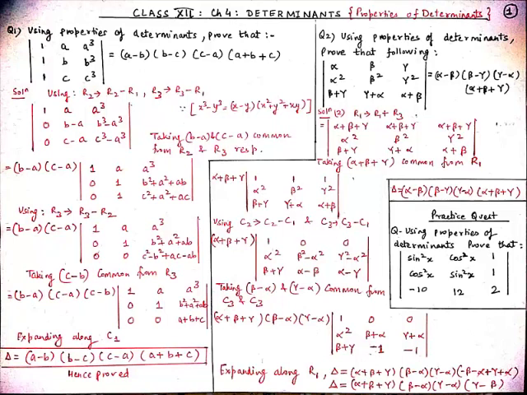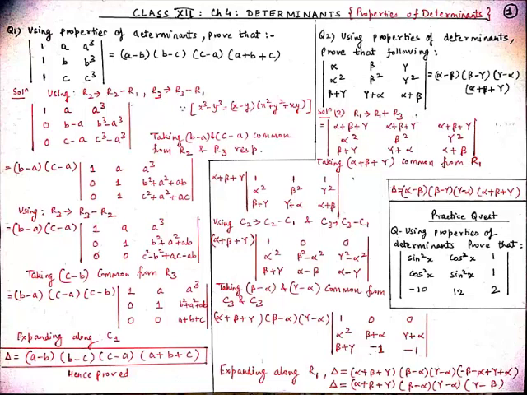And now we will make two zeros by applying column operations. So C2 tends to C2 minus C1, and C3 tends to C3 minus C1. The elements of column C1 will remain unaffected, which are 1, alpha square, beta plus gamma, and then C2 minus C1. So 1 minus 1 is 0, and then beta square minus alpha square, and then gamma plus alpha minus beta minus gamma. So gamma and gamma will get cancelled out and we get alpha minus beta.